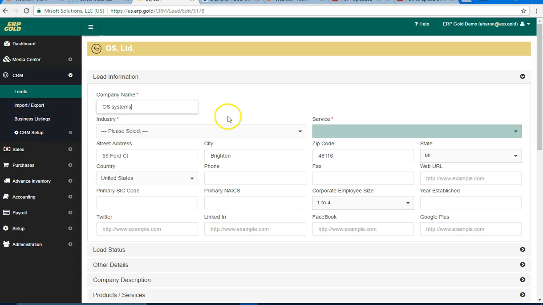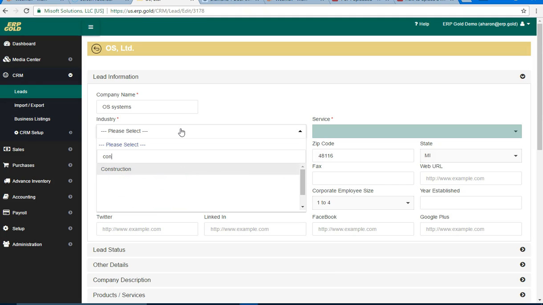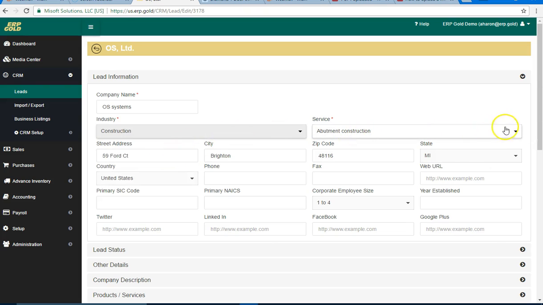and one of the things required in the system is the name of the company, and then we have to select the category of the industry that the company belongs to. If you don't know exactly, you can select the nearest industry that this company belongs to. So as I know, this company is in construction, so we will select the industry construction, and it will bring up the